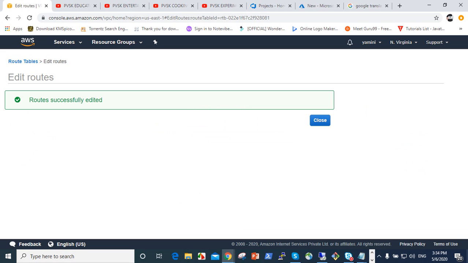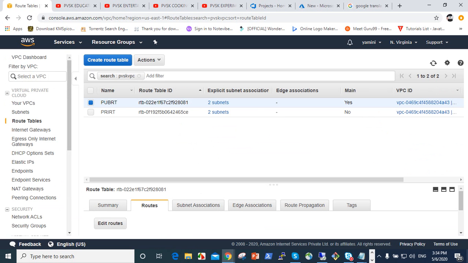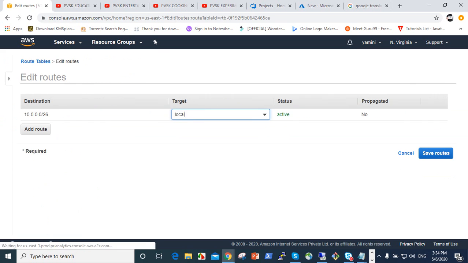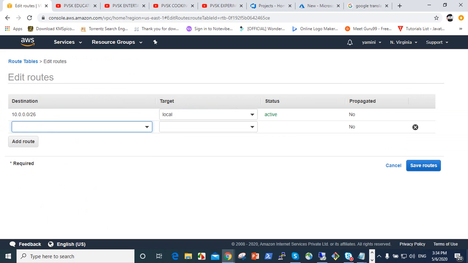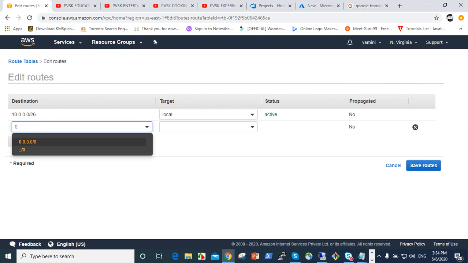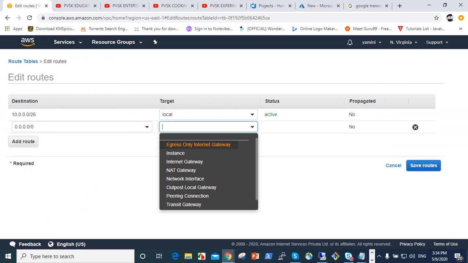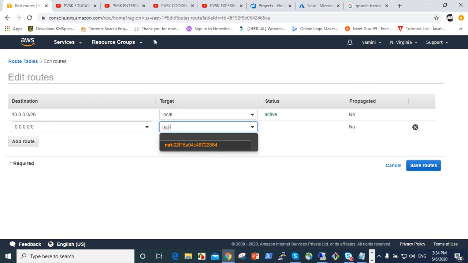So now the subnets have internet connection, and go to the private one and do the same. Go to the private route table, the same way 0.0.0.0/0, so full traffic, and here select NAT, not the internet gateway, it's private, so that's why select NAT.